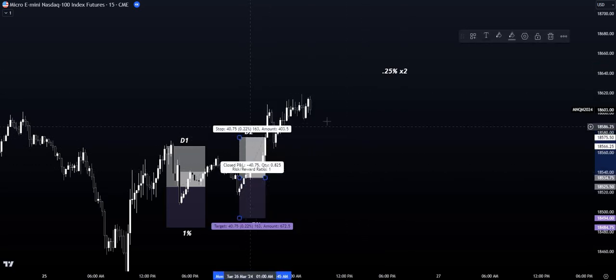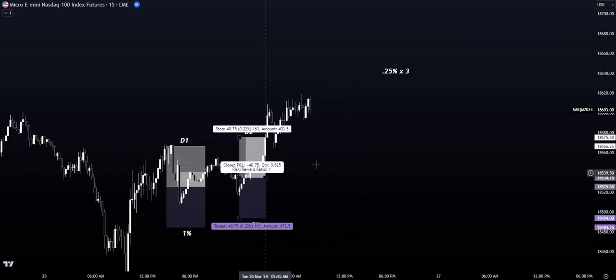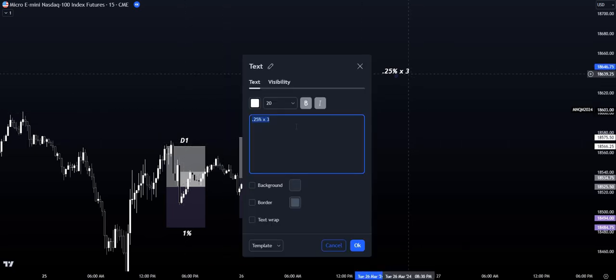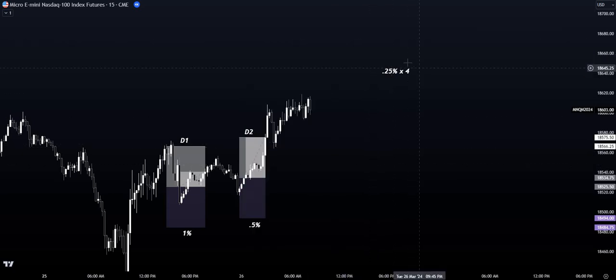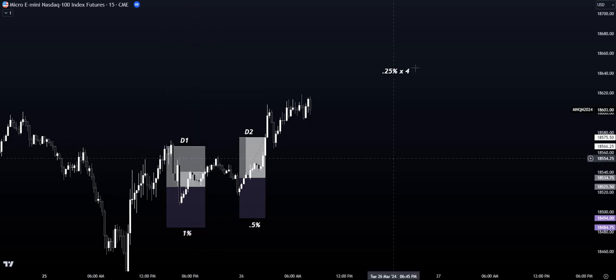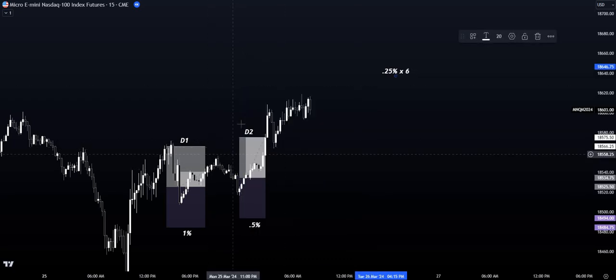So you carry this loss already. You're already done with this loss. You multiply that by 3, a 1 to 3, you get 0.75 reward back. So you carry this loss, and you're starting to do damage on this loss now. You do it by 4, now you are in 1% profit, minus off the 0.5%, minus off 0.5% of this. So now you're only in 0.5% drawdown. And finally, if you do a 1 to 5 or 1 to 6 here, you are now taking away both of these losses combined with using less risk.